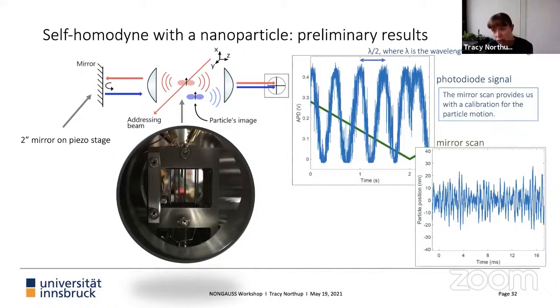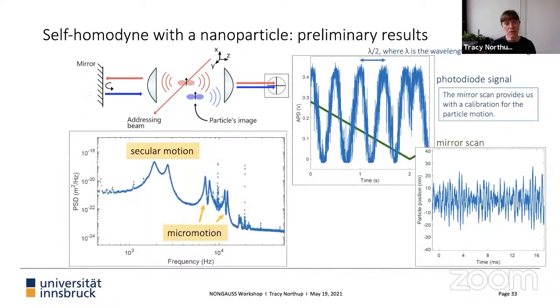And we see now that the really fast oscillations are actually the micromotion at the frequency we apply to the trap. And the slower oscillations are the motion that's more interesting to us. If you look at the power spectral density with the spectrum analyzer of this kind of trace, why do you see a lot of peaks? It's because we have different motional modes.